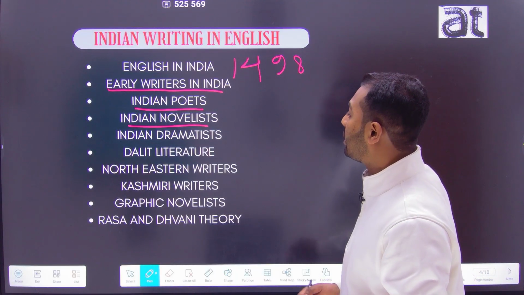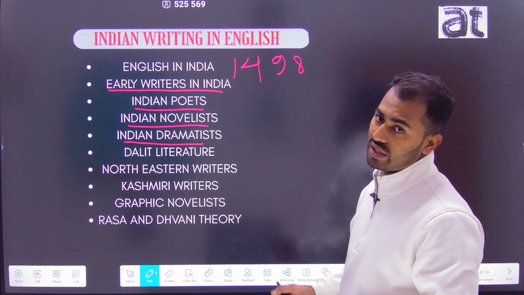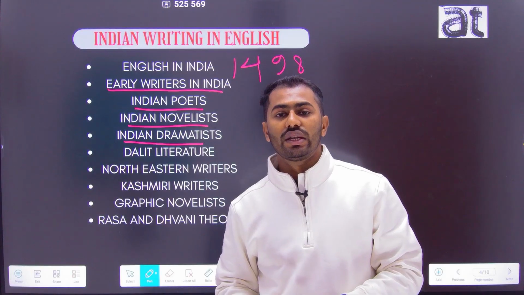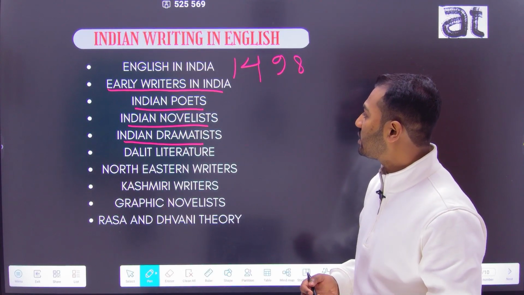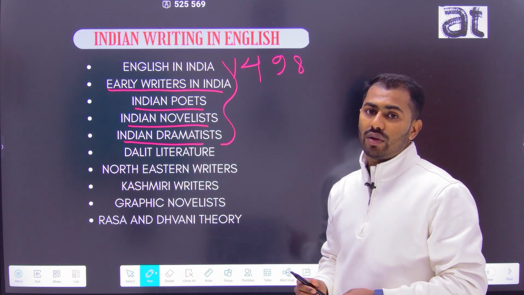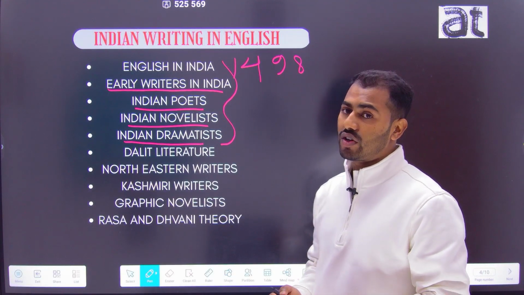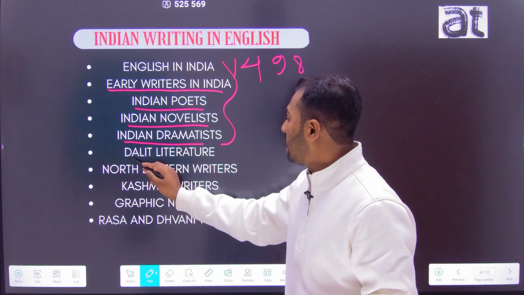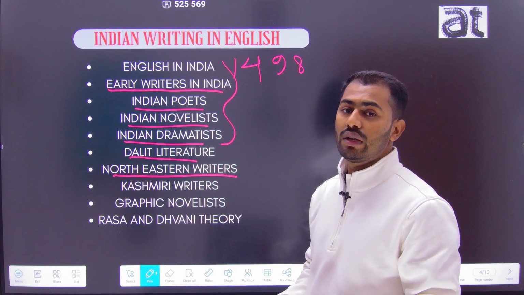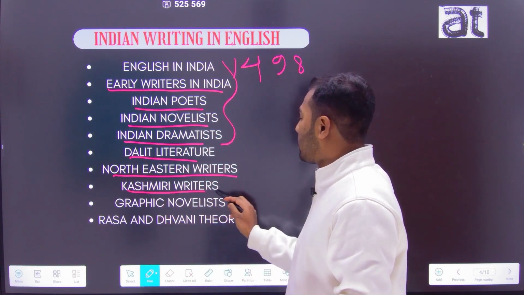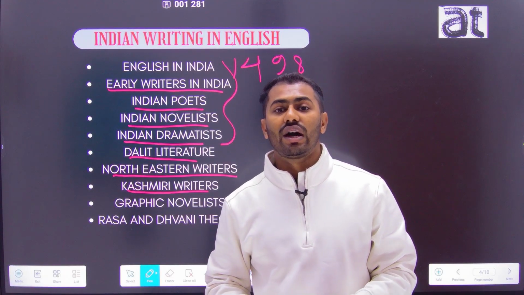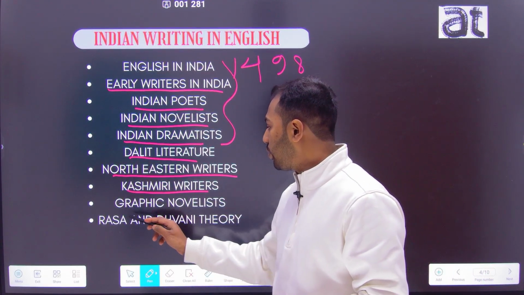We will also read Indian dramatists. In Indian dramatists, we will read Badal Sircar, Vijay Tendulkar, Mahesh Dattani, Girish Karnad. These are the four topics which mainly come from Indian literature. And we also have to read some other topics in Indian literature like Dalit literature, Northeastern writers like Easterine Kire,